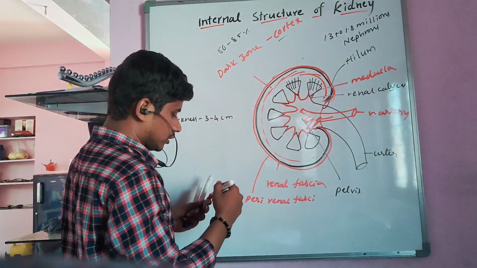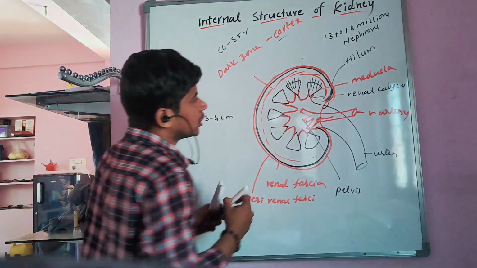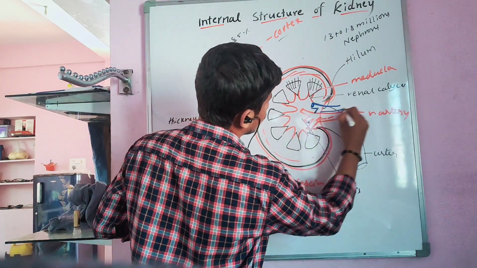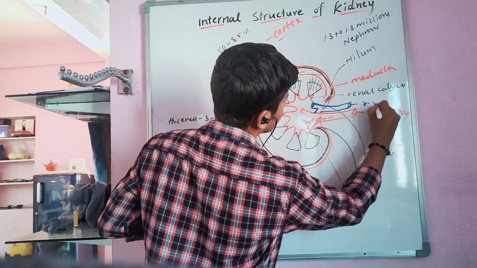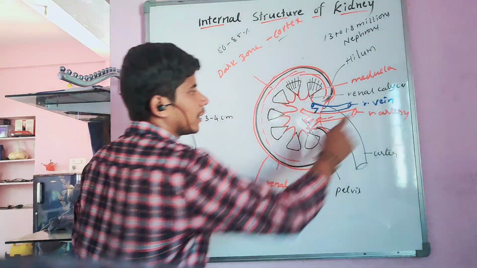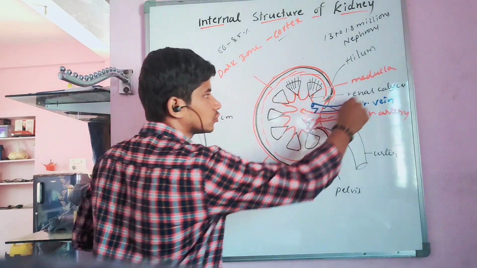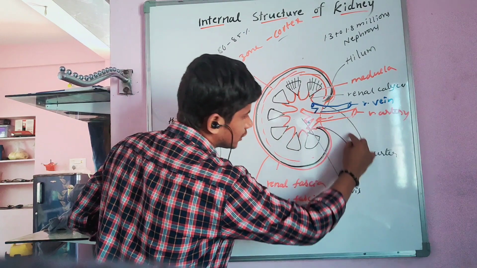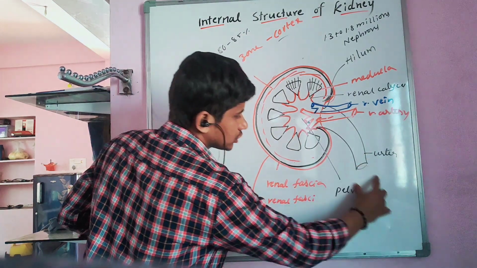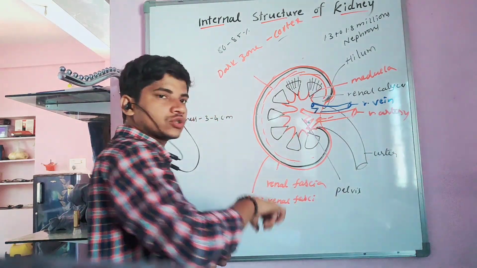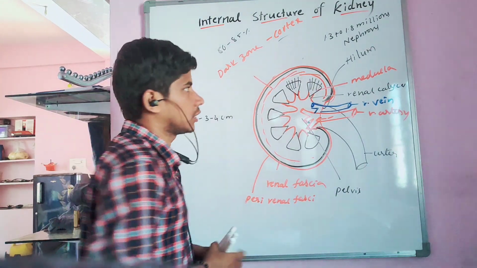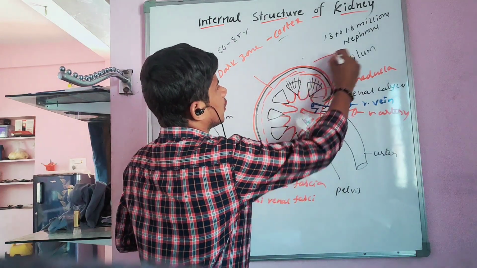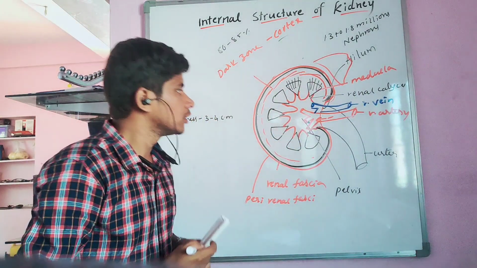The blood is filtered, and the deoxygenated blood without waste comes out through another blood vessel, the renal vein. So blood enters the kidney through the renal artery and exits through the renal vein. Inside, the nephron filters the blood and forms urine. That urine is collected by the ureters into the bladder, and from the bladder it goes out through the urethra. This is about the internal structure of the kidney. And on the kidney we see the adrenal gland.